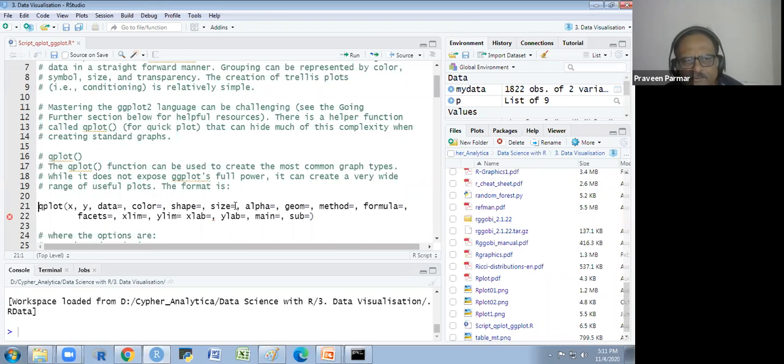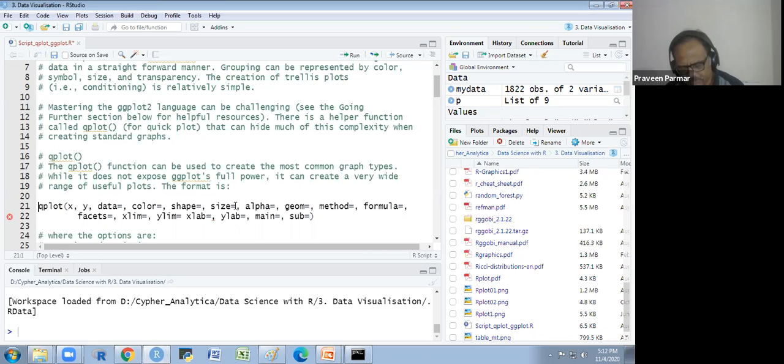First is the data, x and y. X and y are the variables, then data, then color, shape, size, alpha. Alpha is the transparency, opacity. Geometry is whatever you are making, histogram, box plot, bar plot; that is the geometry.